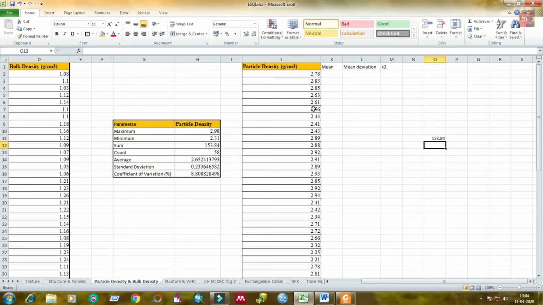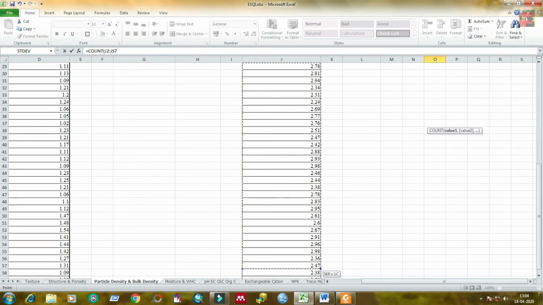This is the total number of values, that is summation, and this is the count. You know how to calculate the count and how to calculate the sum.